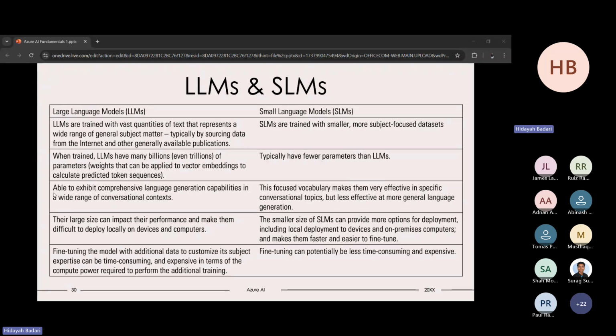But mostly, they get the data set to train the large language models from the compilation of data that they found from the internet. Small language models are trained with smaller and more subject-focused data sets. And when we train large language models, simplified as LLM, when we train the LLM,